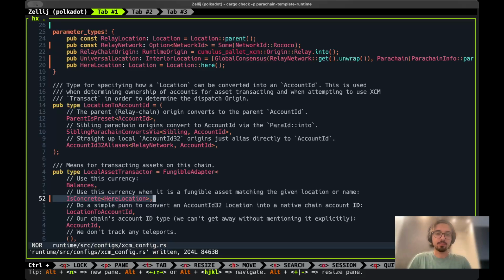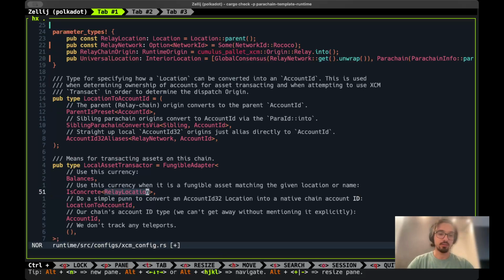Keep in mind that if we are launching a parachain and we don't want to have a parachain token, we can actually leave this as the relay location, start with 0 balance, and then accept reserve asset transfers from Asset Hub. We cannot accept teleports, the simpler mechanism where one part burns and the other part mints, because we cannot